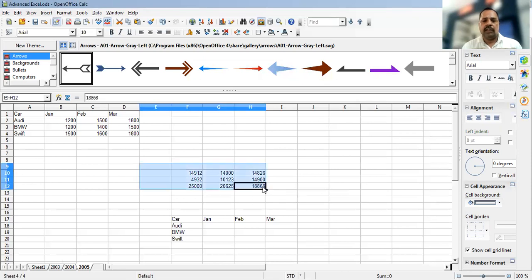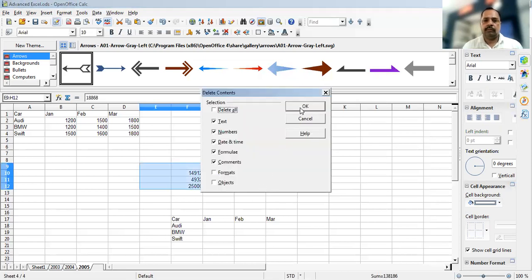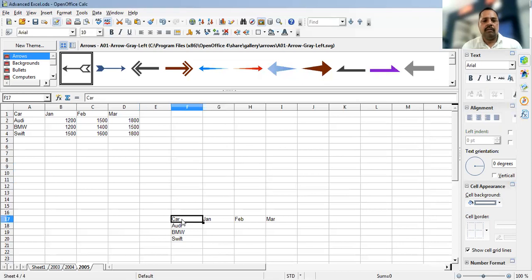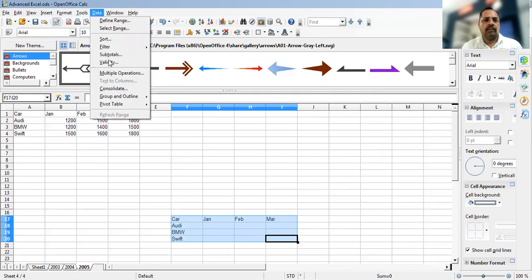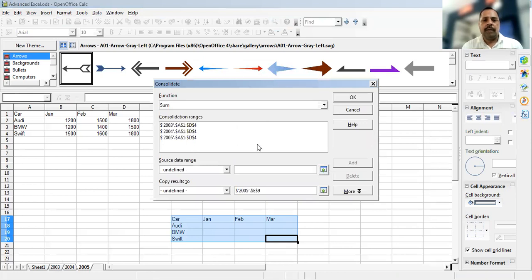I'm just going to delete it. Again, you will just select the margin here. Then again go to Data, then Consolidate. Now you will apply this sum here. So okay.